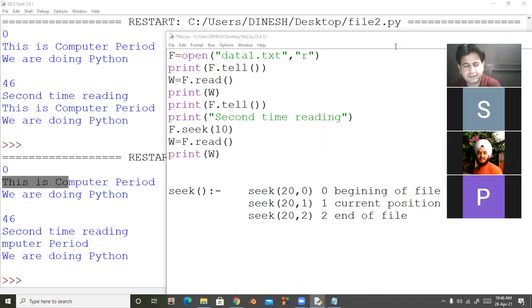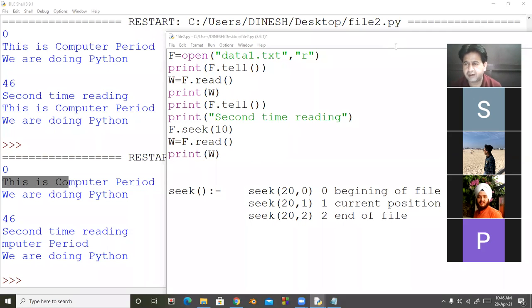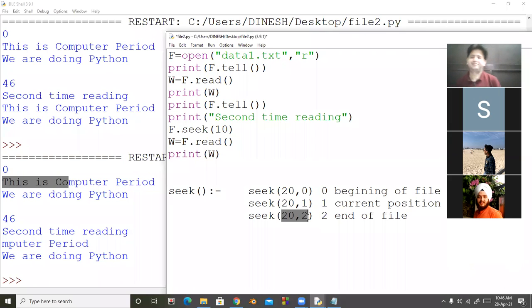Dhruv, any doubt in this? No, sir. Okay, Dhruv, हाँ जी sir. in last line, what is the error? In last line, there is a one problem.